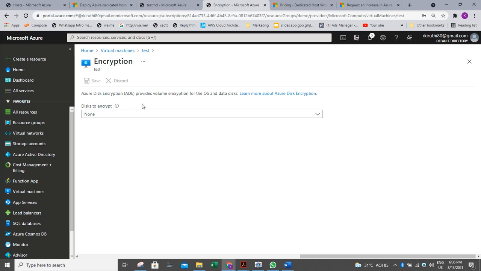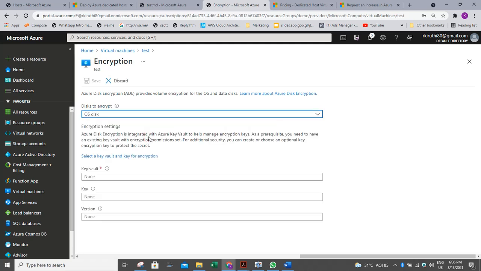Here we can select the disk also, OS disk or both OS and data disk, according to our requirement. Depending on the criticality of the data in the OS disk or the data disk, we have to decide our choice. Mainly we have to understand that this Azure Disk Encryption is associated with Azure